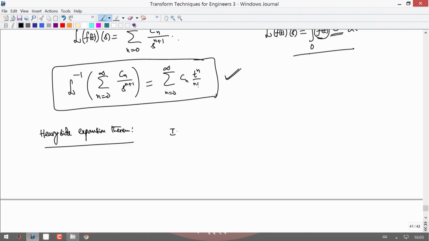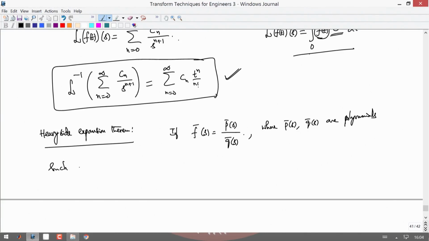So if f bar of s is, like earlier, p bar of s by q bar of s, where p bar of s and q bar of s are polynomials, and q bar of s has higher degree,